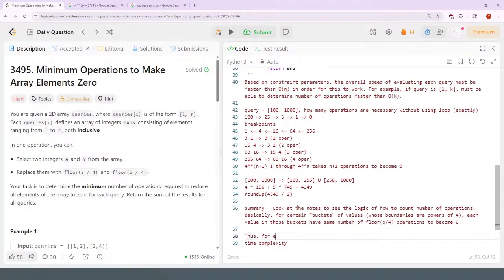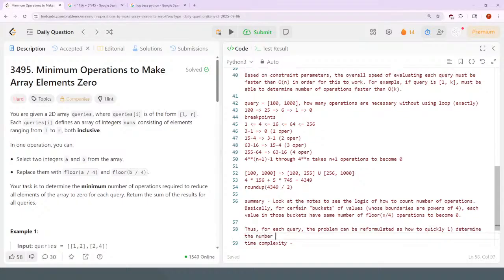Thus, for each query, the problem can be reformulated as how to quickly determine the number of values in each bucket,